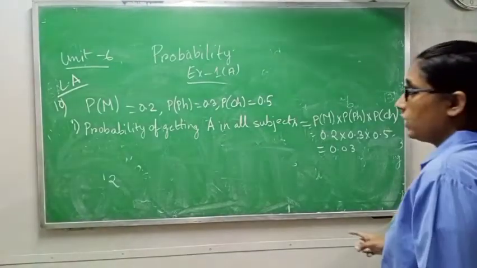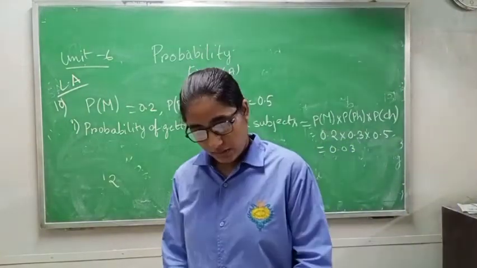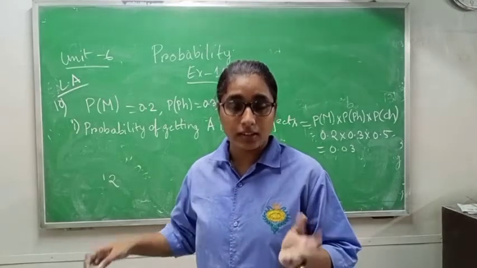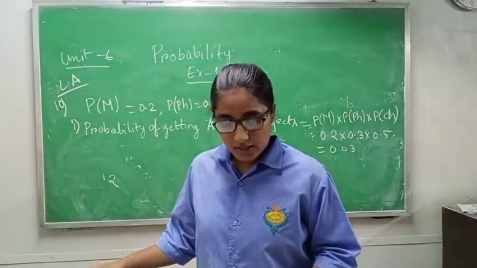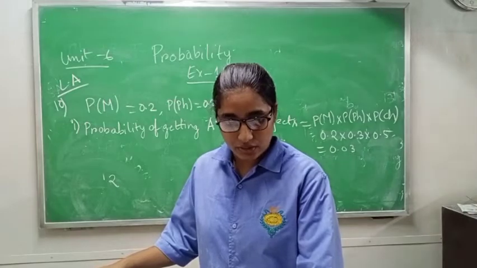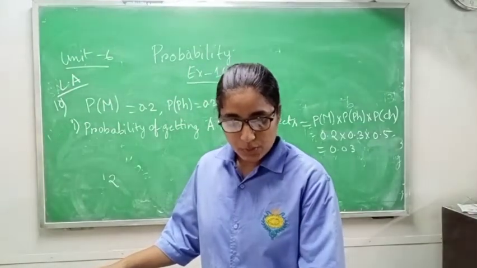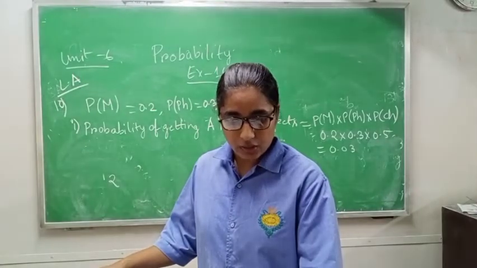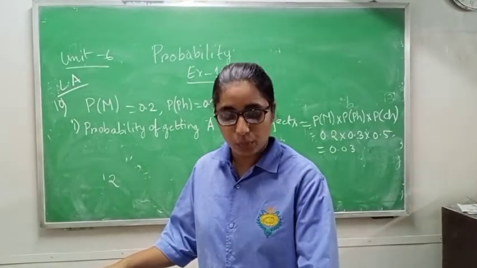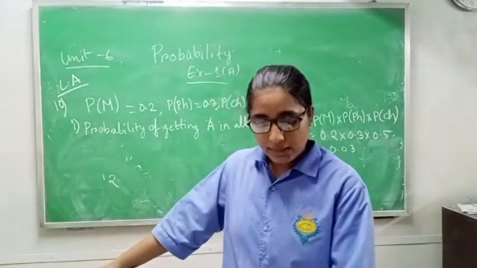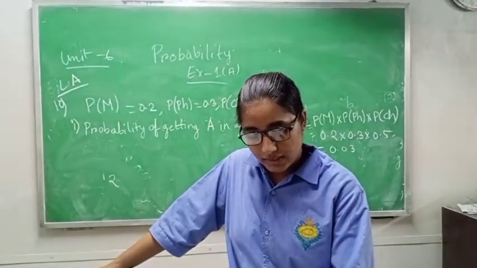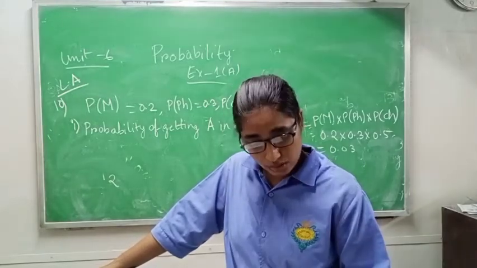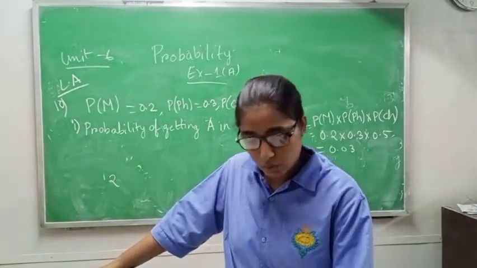Class 12. Read long answer question number 10. It is given: X is taking up subjects, means X is any boy or girl. He or she is taking subjects mathematics, physics and chemistry. In the examination, his probability of getting grade A in these subjects is 0.2, 0.3 and 0.5 respectively. Find the probability that he gets grade A in (i) all subjects, (ii) no subject, (iii) only 2 subjects.